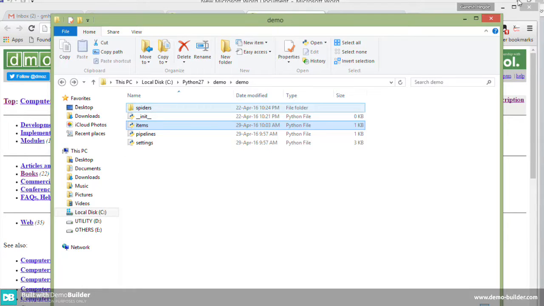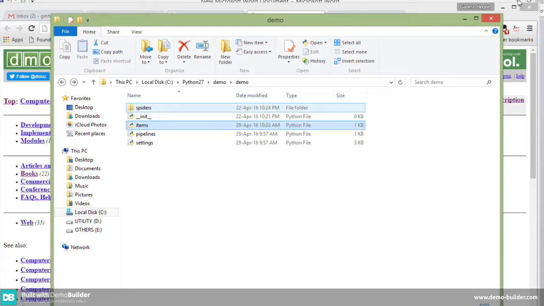The next step is creating the first spider. The spider contains mainly three things: name, start URLs and parse. Parse is a method in a spider. We need to parse the items and store them in some variable or in some file also. Name is the name of the spider. Start URL is the URL from which you start the web crawling. The crawler starts from that URL, extracts the items that need to be extracted, and gives them back to the spider. That's the main thing.